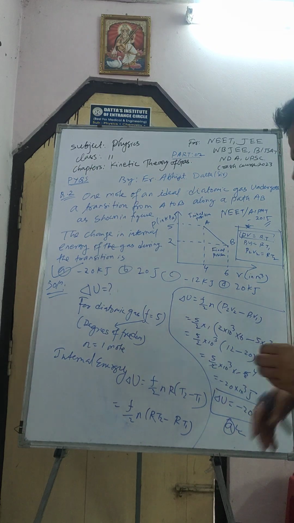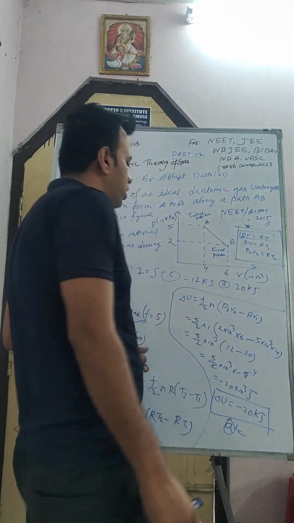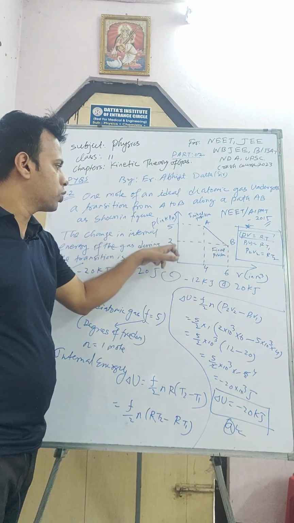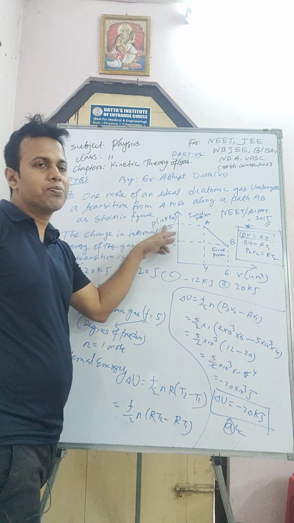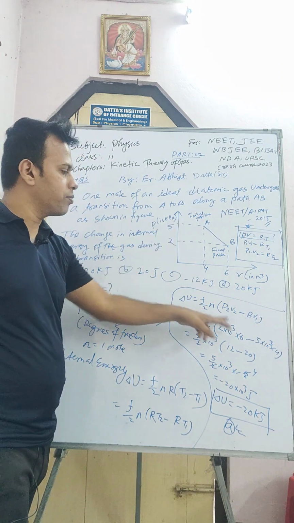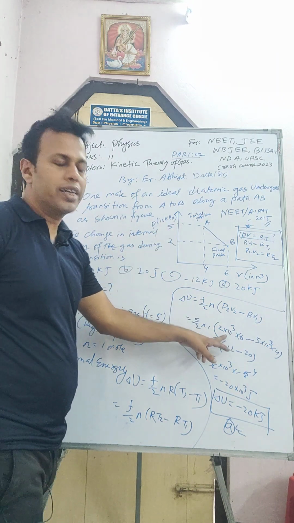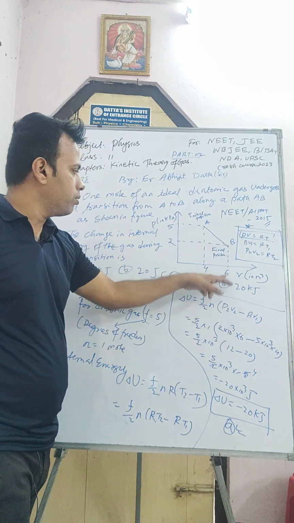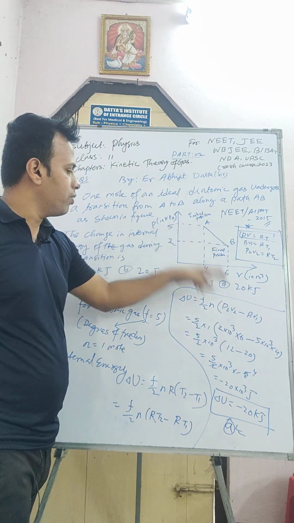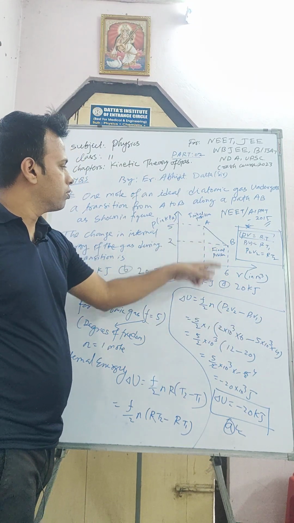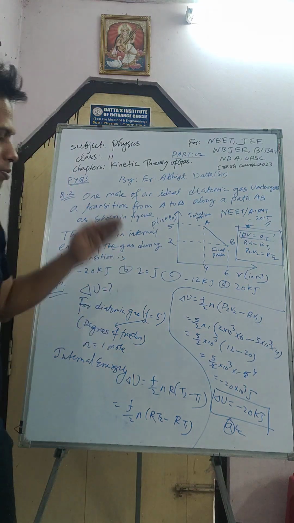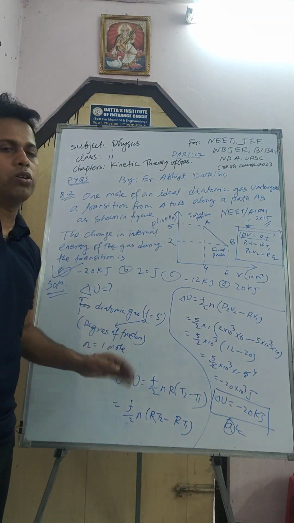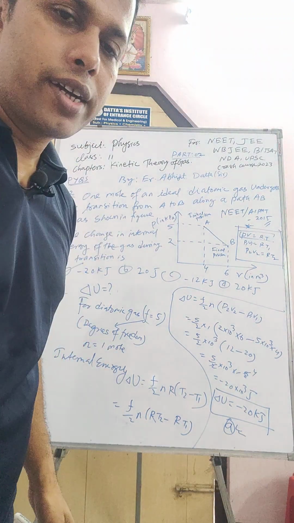So now I put all the values here. f is 5, n is 1, and P2 is what? This one is the final position, this one is the initial position, P2 is 2. But pressure is represented in kilopascal, that's why I'm writing kilopascal here: 2 into 10 to the power 3, and B2 is 6, and here again P1 is 5 into 10 to the power 3, and B1 is 4. So after simplification, what comes? Minus 20 into 10 to the power 3 joules. So that means minus 20 kilojoule, and minus 20 kilojoule will be the correct answer.